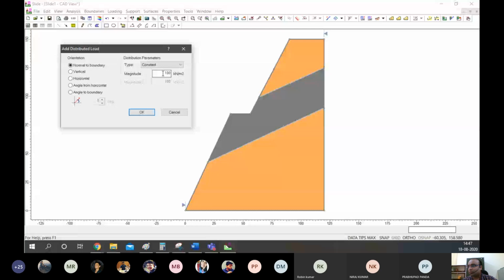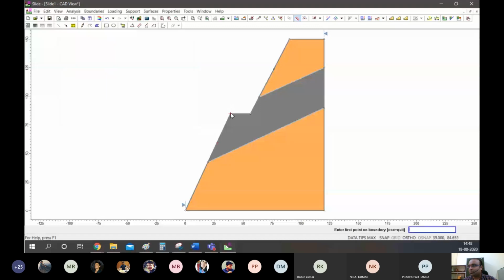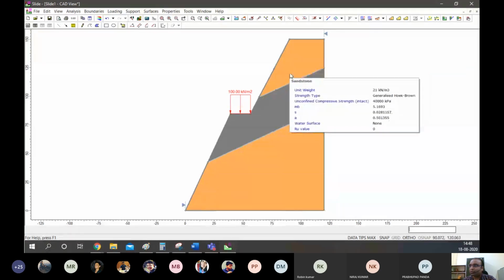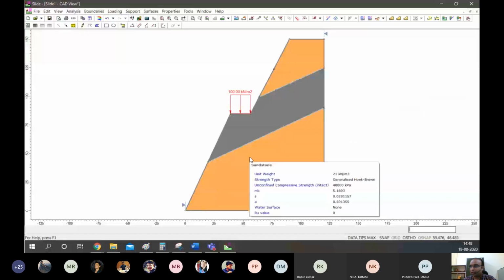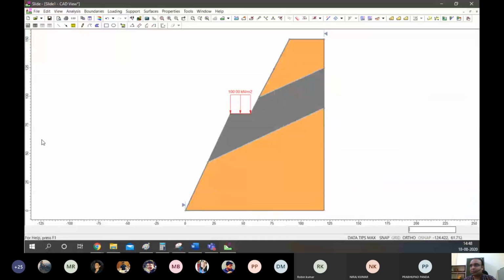So let's say we have a vertical load due to a dumper, and it is applying 100 kilonewtons per meter square, applied in this zone, the ramp. So this is loaded now, right? We are simulating a condition where heavy dumper movement is also there, on a relatively high, steep geometry with different layers of material: sandstone, shale, and sandstone.